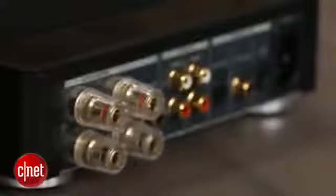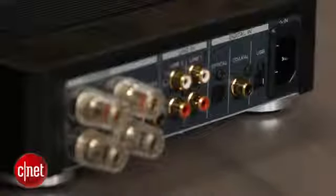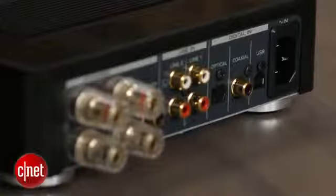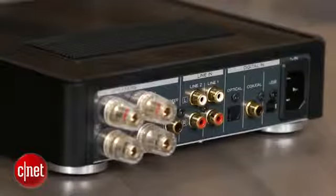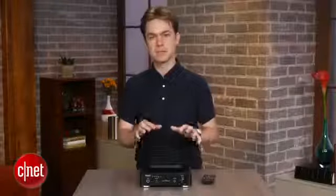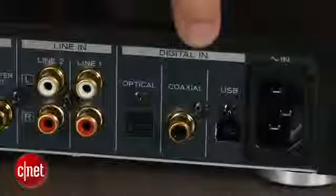There are 4 inputs on the back. 2 digital audio inputs, including 1 optical and 1 coaxial, and 2 stereo analog inputs. What's neat about the optical input is that it makes it easy to use the TEAC as an AV receiver replacement at a much smaller size. Just connect all your HDMI sources to your TV, then connect the TV's optical audio output to the TEAC, and the TEAC will be able to amplify all your living room devices, as long as you're okay sticking with stereo